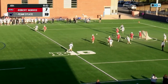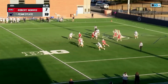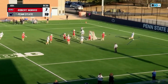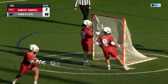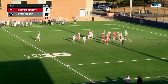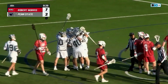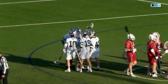This Nittany Lions offense is passing it around the perimeter. Calandrino looking to make something happen, moves it to Skersey. Skersey, he's going to fire, but that one's going to miss the cage. That one's going to be a goal for the Nittany Lions. Some of these bench players getting some action here